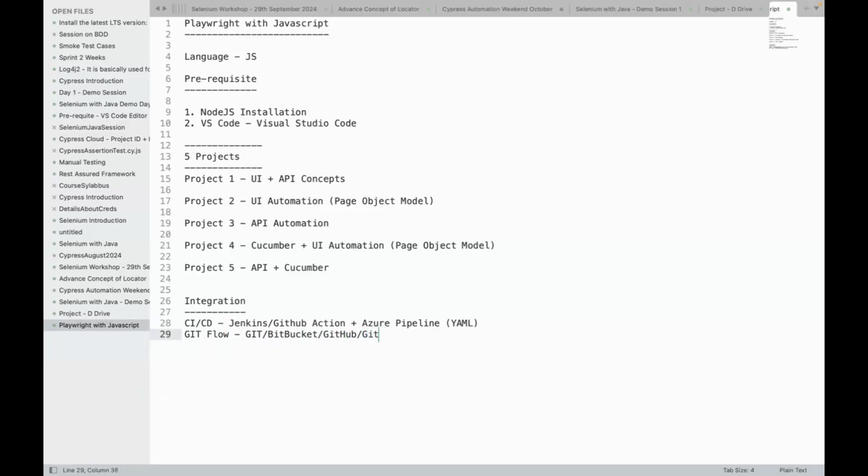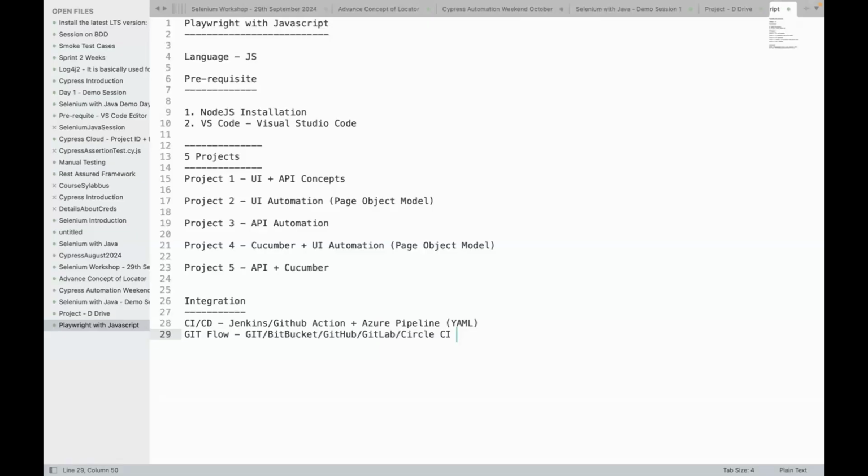Then we'll have an understanding of GitLab, and then Circle CI. These are the popular SCM, source code management tools, where our focus will be on Git, GitHub, and GitLab, because this is open source, and almost all organizations use the same Git flow, which is popular.